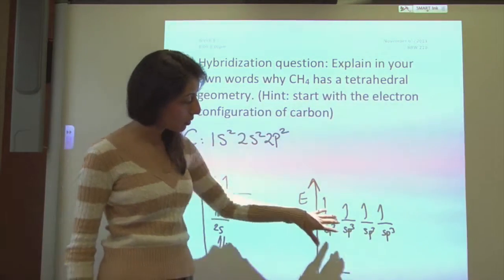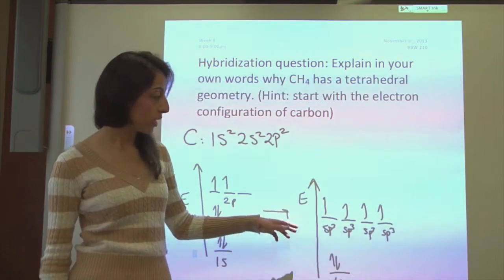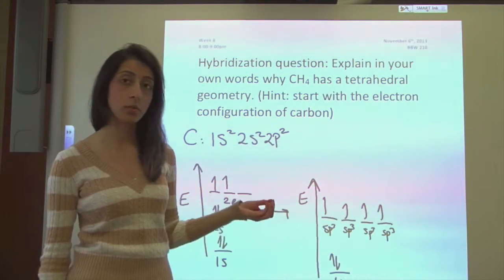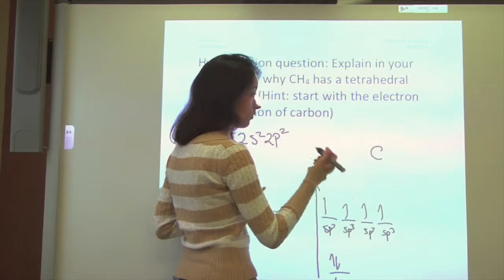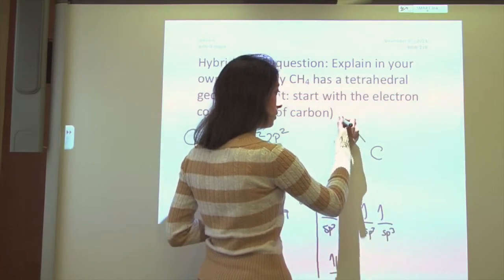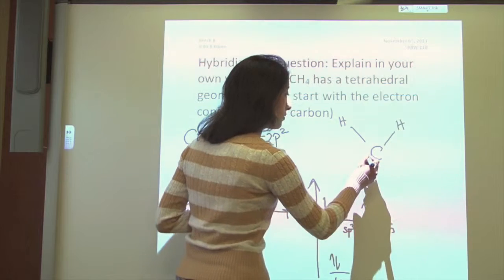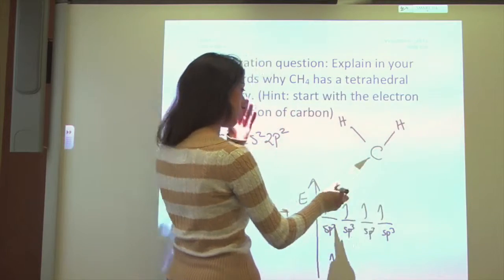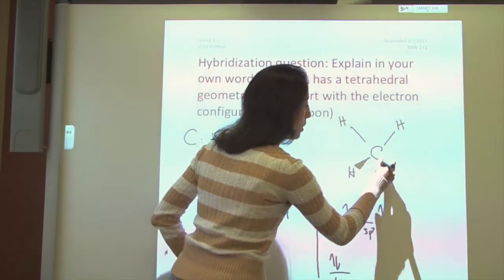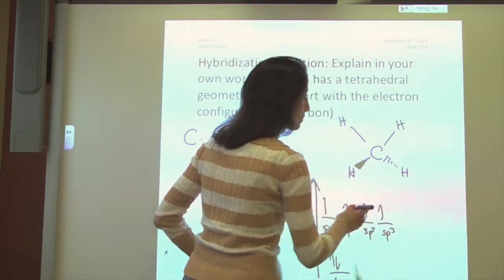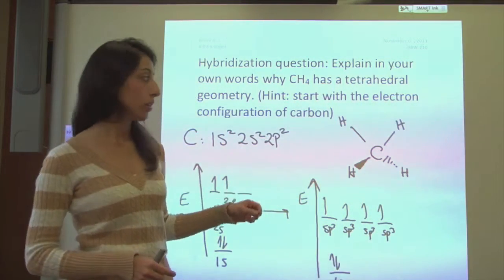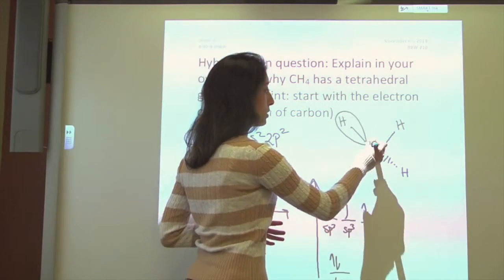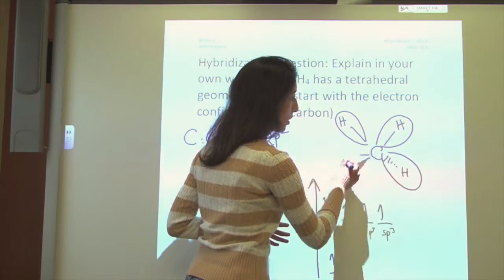And now we see that the 4 valence electrons are all energetically equivalent, and thus we should form 4 equivalent bonds, which is the case with carbon. For example, in the case of methane, we have 4 equivalent electron clouds, and 4 equivalent valence electrons, so they form equivalent bonds. And thus, the geometry is tetrahedral, because that's how these electron domains are going to spread from each other as far apart